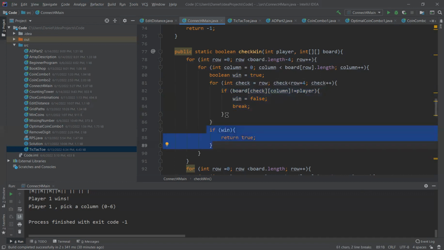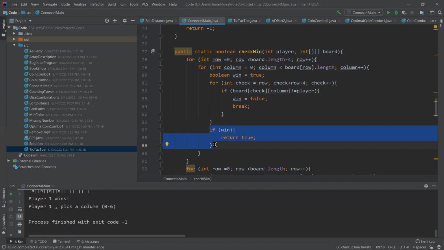So that allows us to return true. Essentially, instead of knowing each of the 4 elements does equal player, all I have to do is know that at least one element does not equal. And as soon as we see that, we can store that single value as a false and then check it at the end of the for loop. We can then repeat this process for